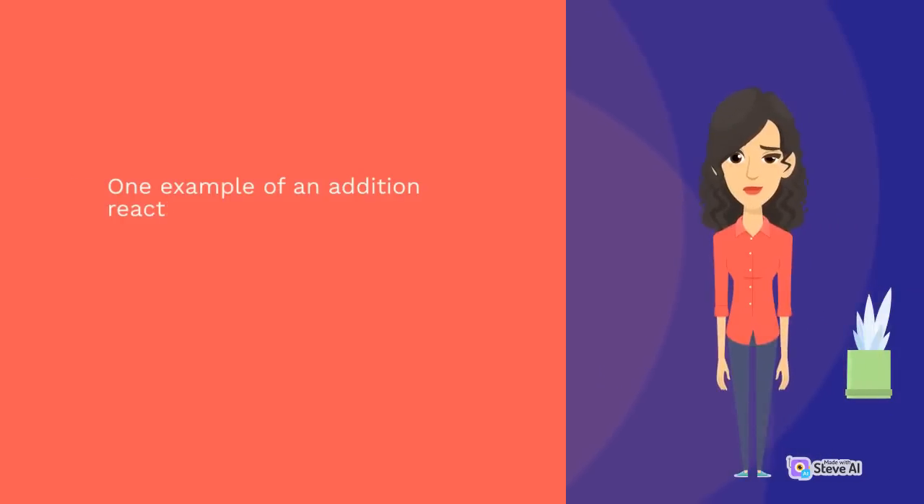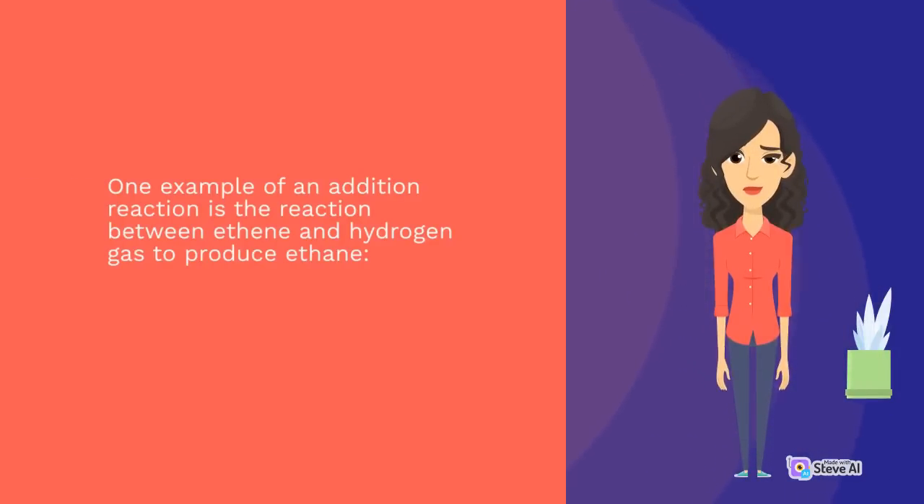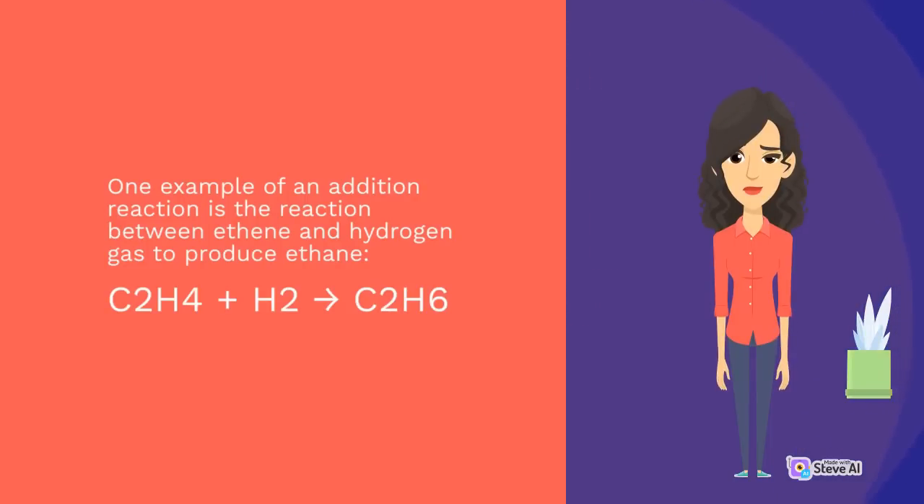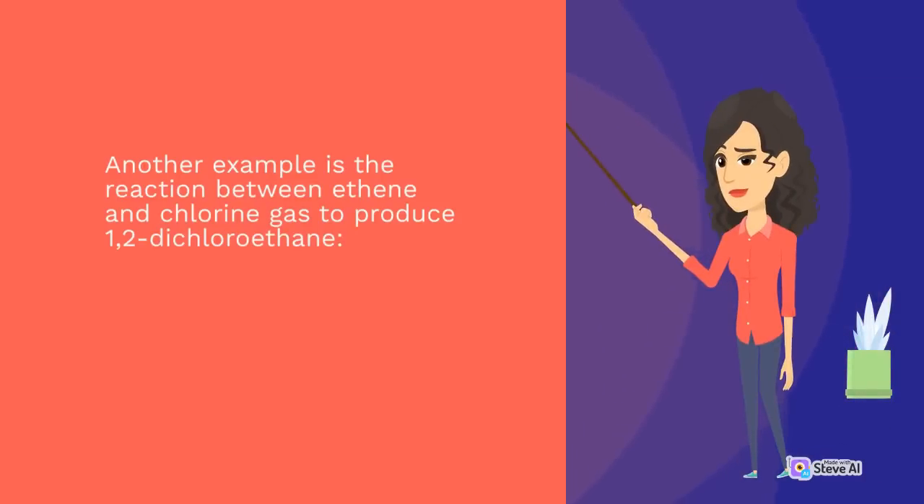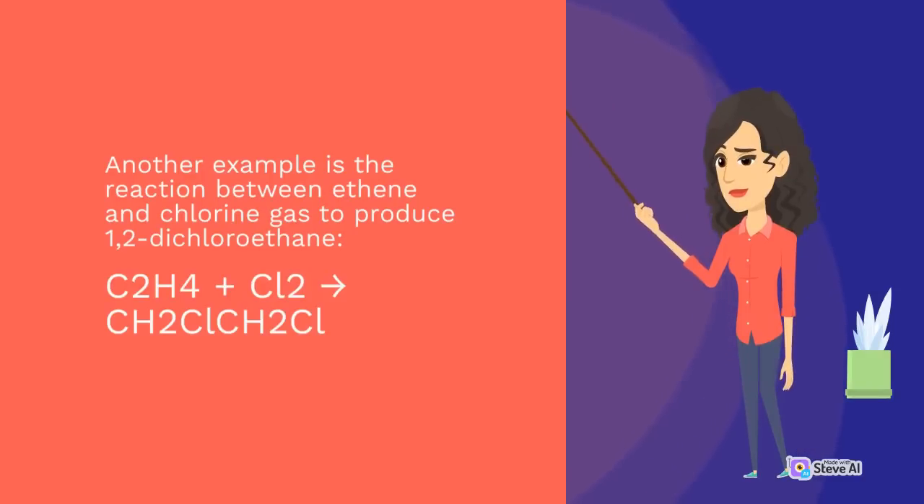One example of an addition reaction is the reaction between ethene and hydrogen gas to produce ethane. C2H4 + H2 → C2H6. Another example is the reaction between ethene and chlorine gas to produce 1,2-dichloroethane. C2H4 +